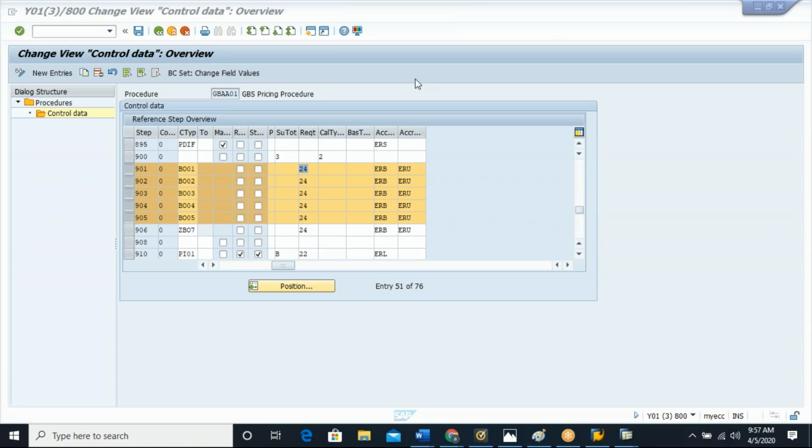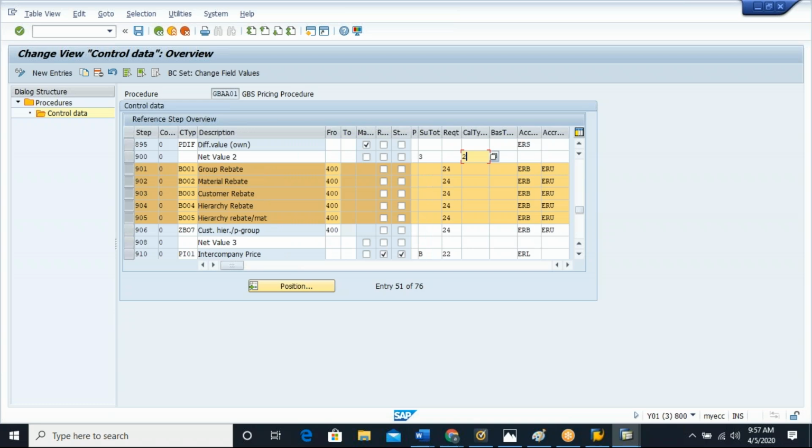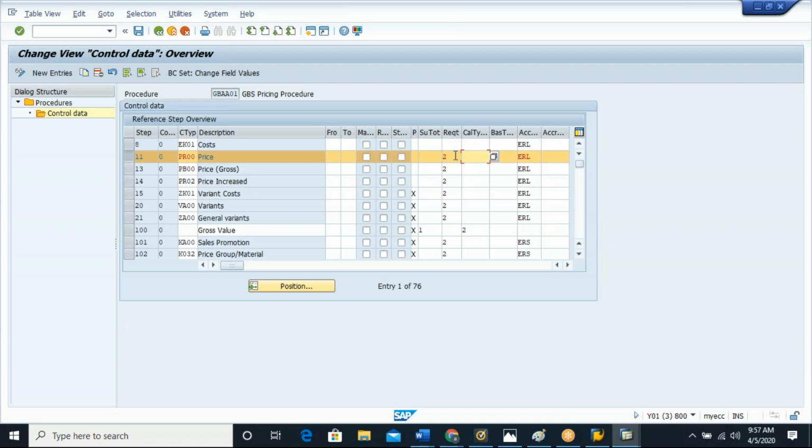And the next important thing is calculation type. This is also called alternative calculation type. First is the requirement, and the second one is calculation type or alternative calculation type. So generally, when I say alternative calculation type,